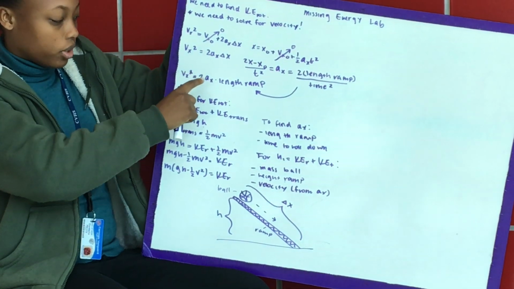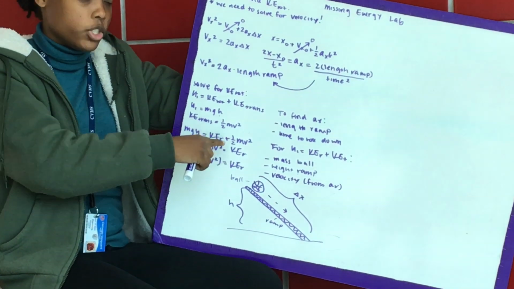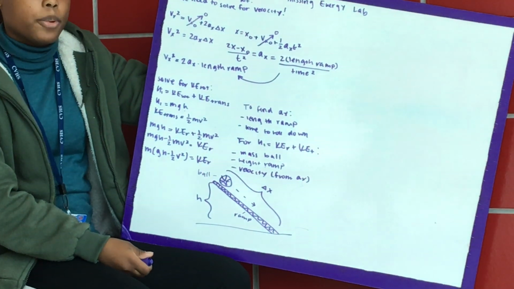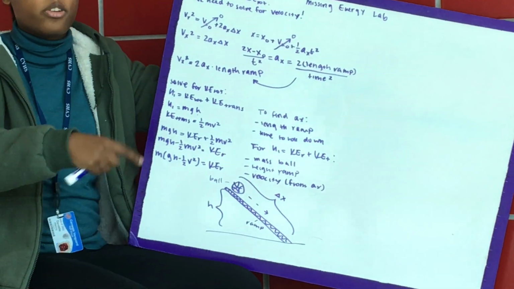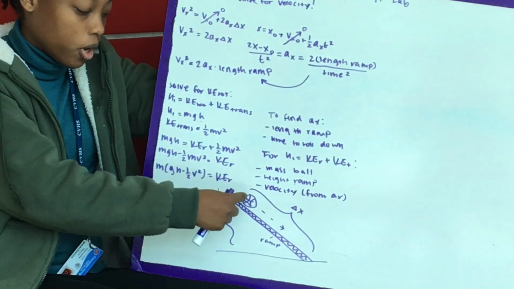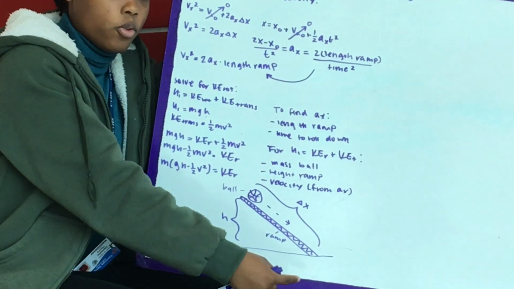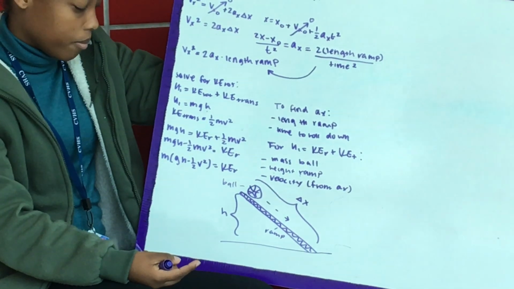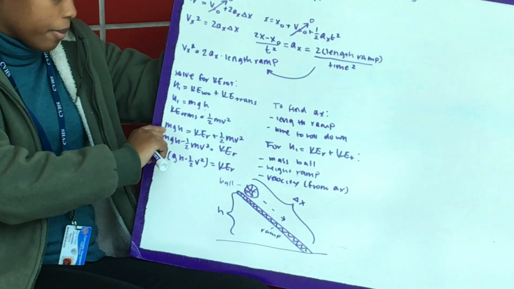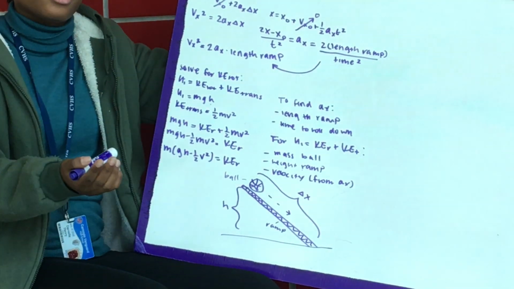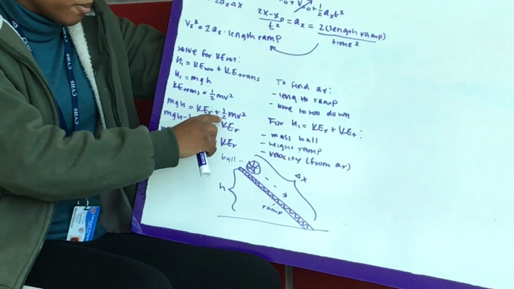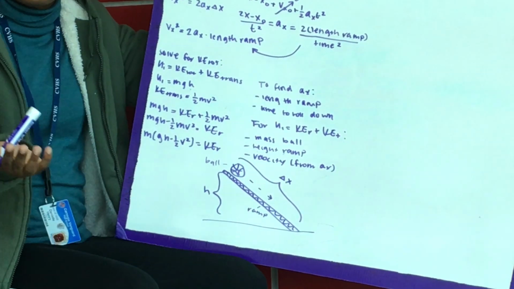So once we solve for velocity, we can plug that into our rotational kinematic equation. So the equation is that potential energy is equal to rotational energy plus translational energy. That happens because the ball is not only spinning this way, but it's also moving that way, so you need both. So to plug in just the formulas for each of those variables, we say that mass times gravity times height, which is the potential energy, is equal to rotational kinetic energy plus 1/2 mv squared, which is the regular